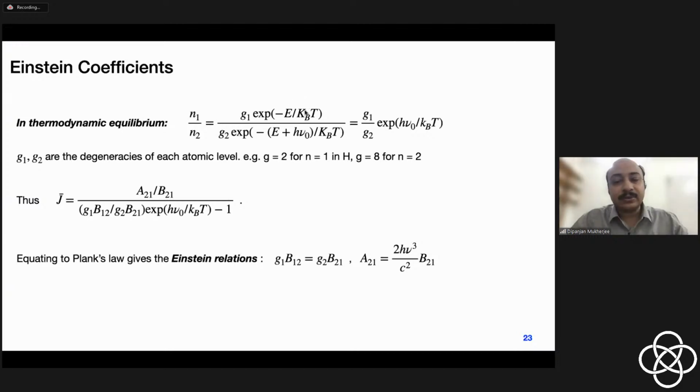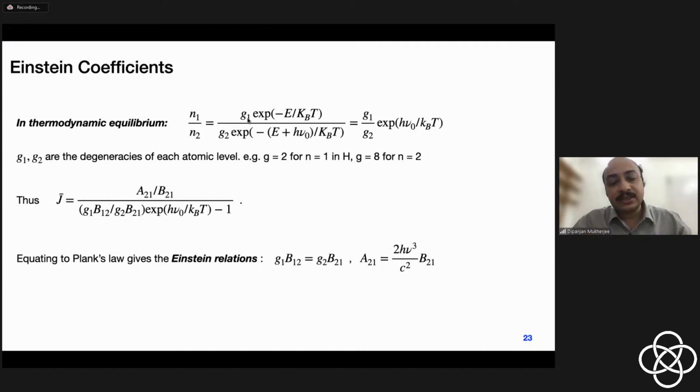If you understand this equation, good. If you do not, then just take my word for it. So in thermodynamic equilibrium, when a system has a steady state occupation number at different levels, it can be shown that the total number of atoms in a particular system is proportional to the exponential of minus the energy by kT. So if you just take the ratios of the occupation number or the total number of particles in